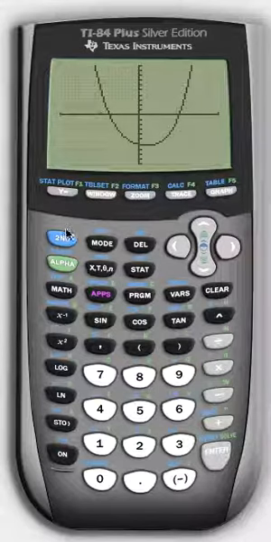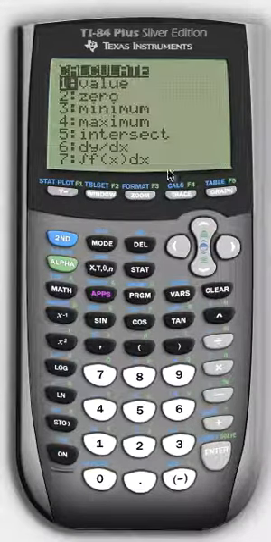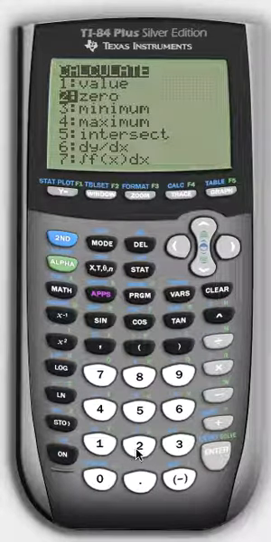Now if you actually want to check, how you would do this is you would go to the calculate part of your function. So you would hit second trace to take you to calculate. And we used this before to find a maximum for a graph. Now we want to find a 0. So we either type in a 2 for a shortcut or arrow down to 2 where it says 0